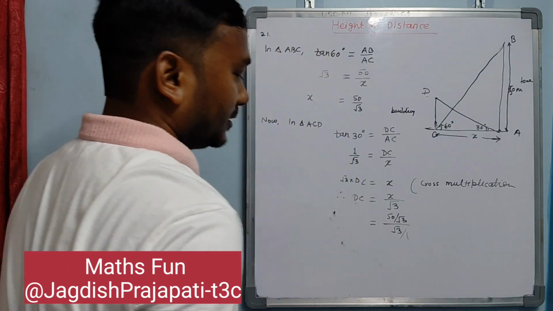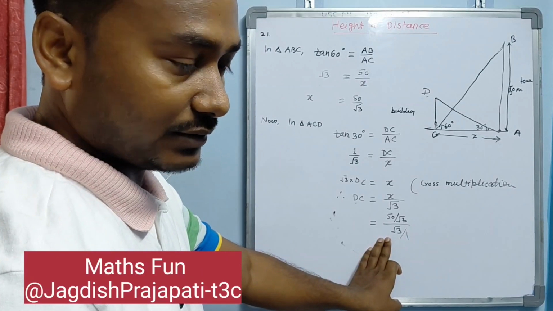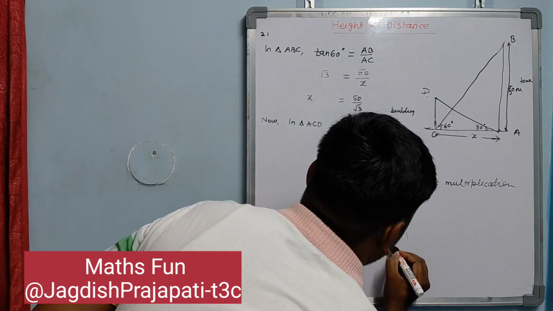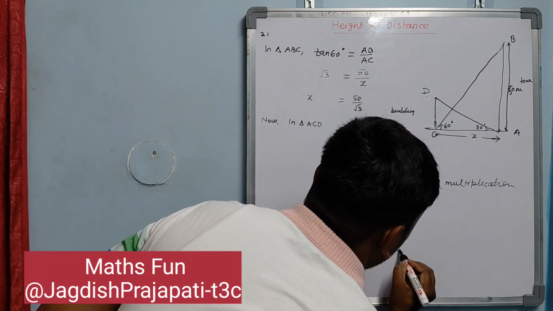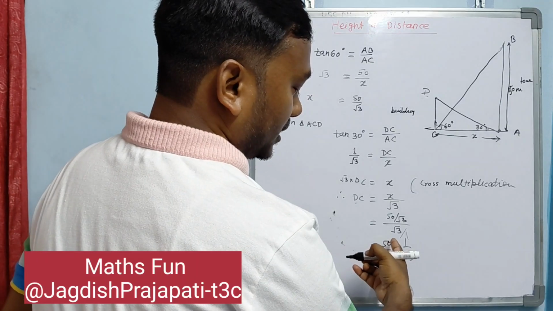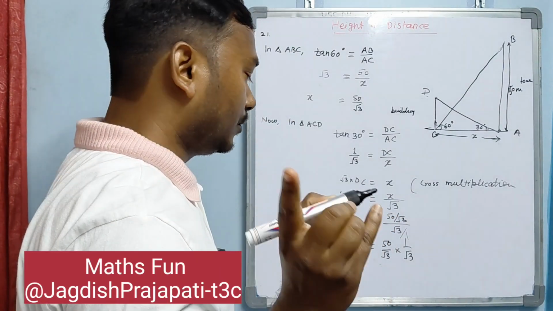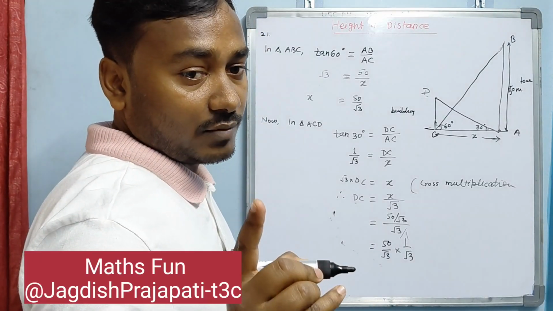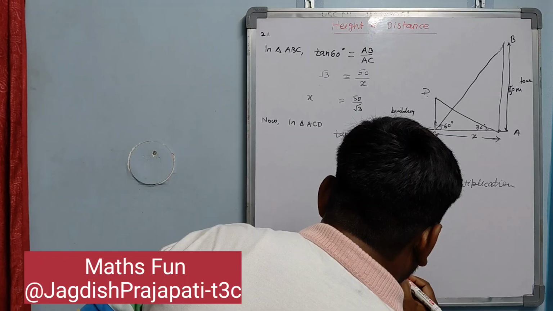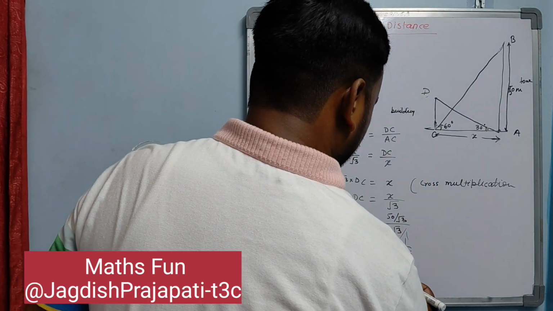So now we can write like this in order to understand it very easily. So it will be 50 by root 3 into 1 by root 3. I have mentioned this many times, so I am not going to write here, but in the exam you have to write. Don't forget, otherwise the examiner will reduce your marks. And so this is 50 by root 3 into root 3, this will be 3.